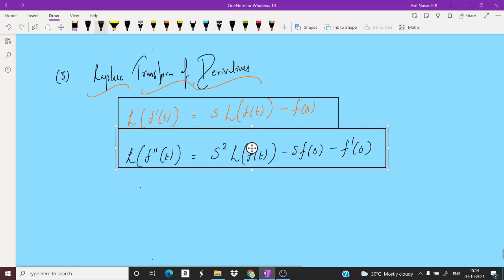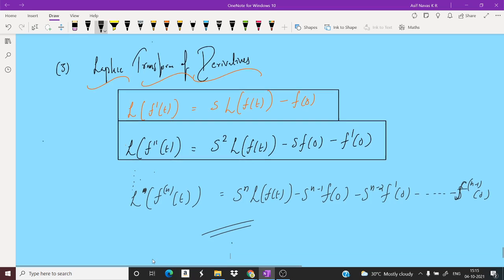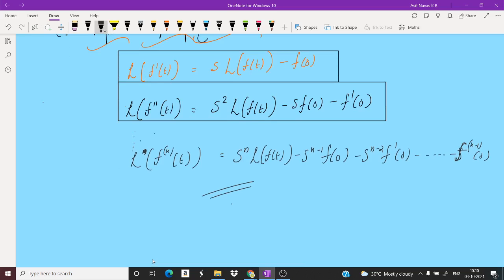Please note it down. Now in general, Laplace transform of nth derivative of f of t is equal to s raised to n Laplace transform of f of t minus s raised to n minus 1 f of 0 minus s raised to n minus 2 f dash of 0 minus etc. minus f raised to n minus 1 derivative of 0. So note this formula. Why is it important? Because if we want to do a problem like